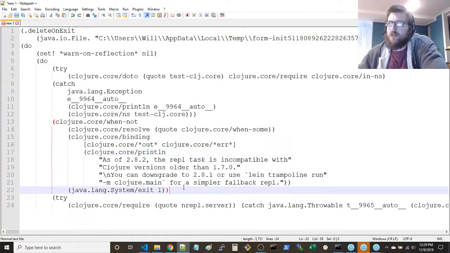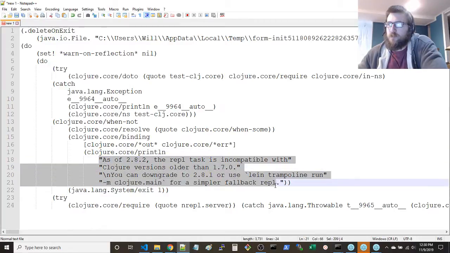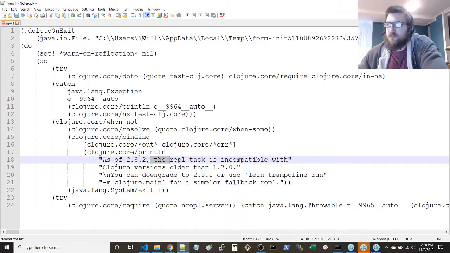I don't fully understand, but we can clearly see an exit that happens here, and we see an error message that says REPL task is incompatible with these older versions. Can downgrade or use trampoline for simpler fallback REPL. M Clojure main.